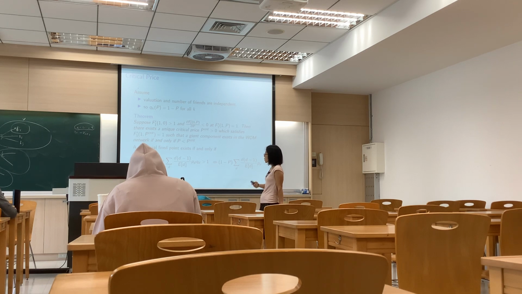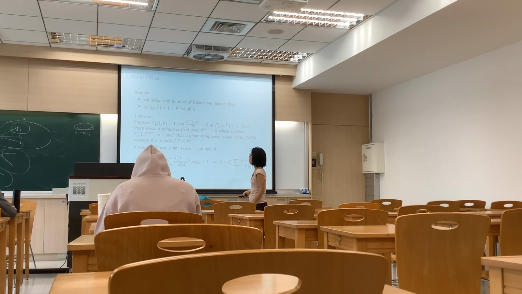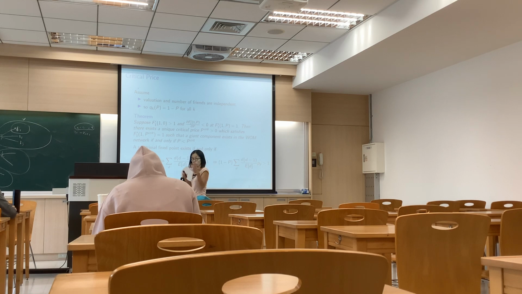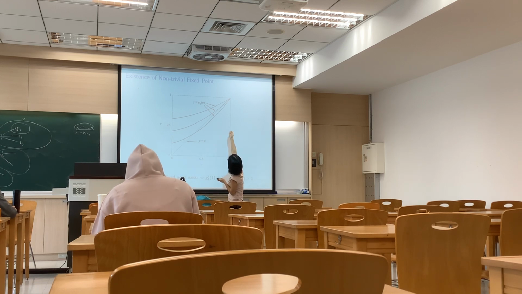The first result is that if price and the random network are such that this curve is steeper than the diagonal line, with a slope bigger than 1 at 1,